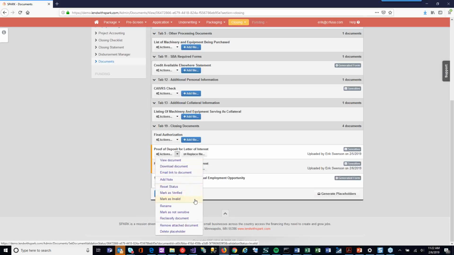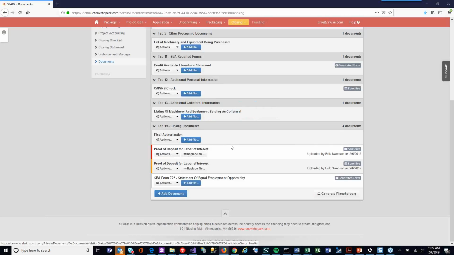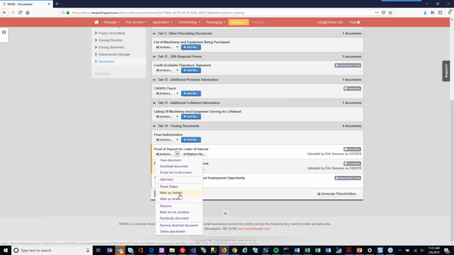So from here in this actions menu, I could go ahead and say, I'm going to mark this document as invalid. You notice the little color bar on the left changes to red. That's an indicator that that document is not ready to go. It's not what it should be. If I do that by mistake, I can always reset the status,